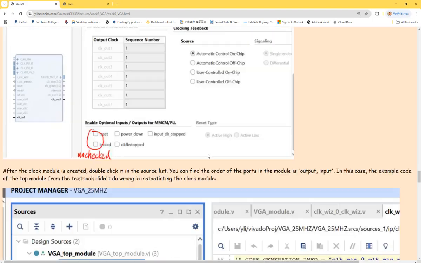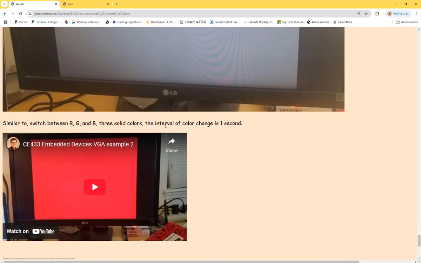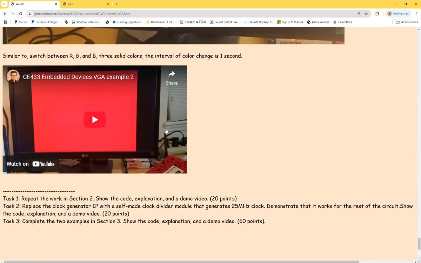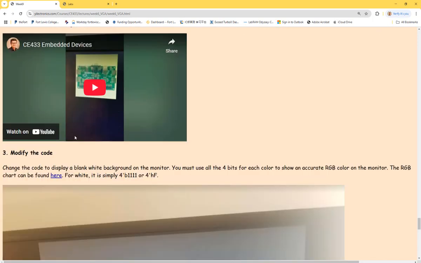But I think the next, how many tasks are there? Three. Oh, three tasks. I'll show a solid color on it, right? This should be really simple because it's just counting to a certain number and then switching all the values for the different color channels, right? You can see here's the picture, right? So for the lab today,